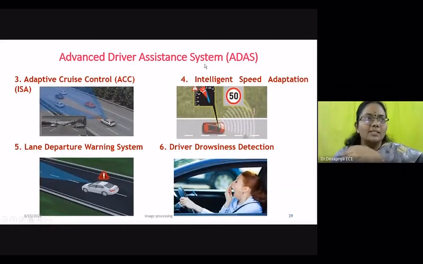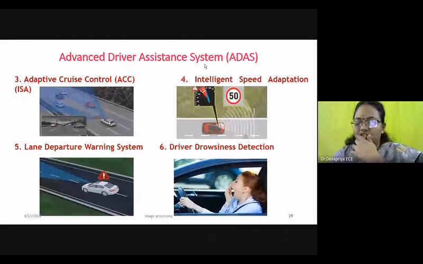Unnoticingly, the driver, due to his deviation, made a departure from the lane assigned to him. According to his speed, the lane should match. So when he is deviating, he should be warned that you are deviating. Your speed limit is this, and you are moving to the lane speed of this. So what are you going to do? Whether you are going to reduce the speed of the vehicle or just give a warning to the driver.